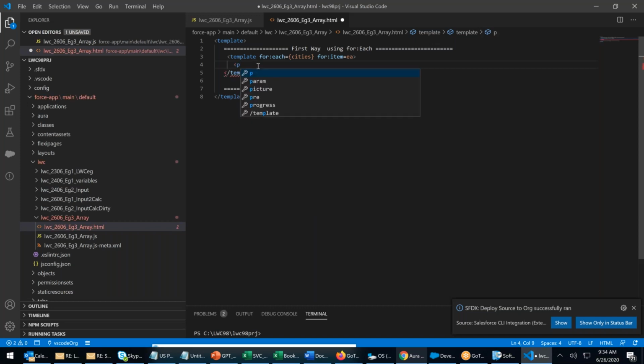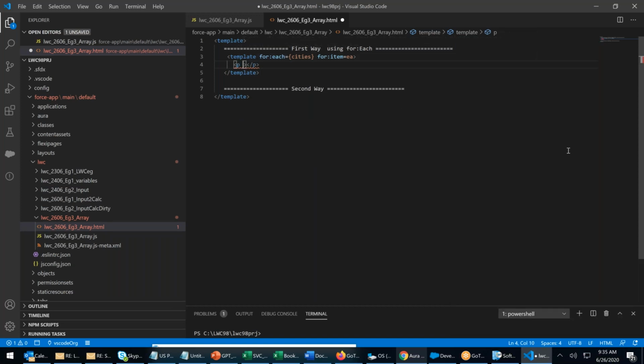How to read the data now? Use the P tag. In this P, use key. It's a keyword you have to use; you cannot use any other word. A key is a must. We don't have a key in this key value pair, so key is EA, don't worry.